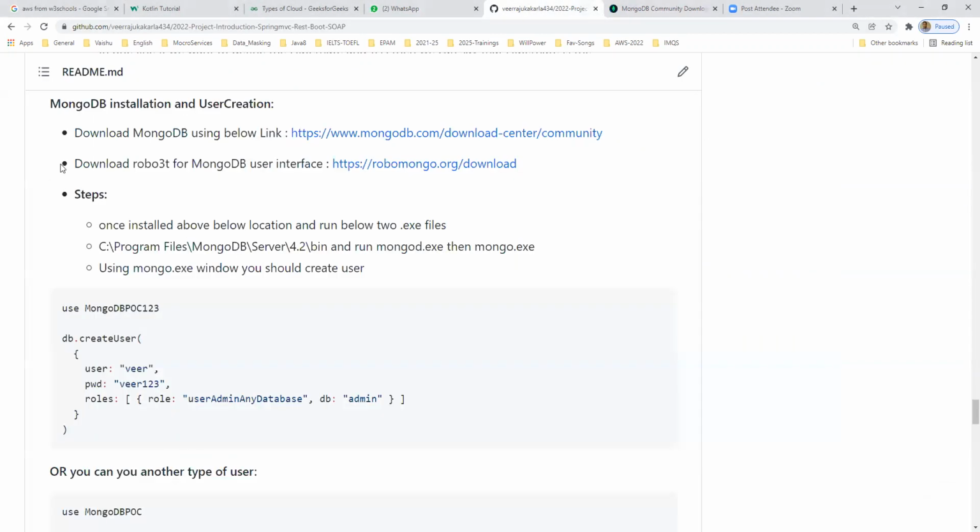Coming to here, once it is downloaded, there is Robo 3T. What is this Robo 3T? Just as we have SQL Developer for Oracle and MySQL Workbench, it is a graphical user interface to connect to our database. Instead of the command prompt, we can open a graphical user interface tool where you can connect to the database, write your queries, whether Mongo queries or NoSQL queries, and see the table data like this in a browser or window.